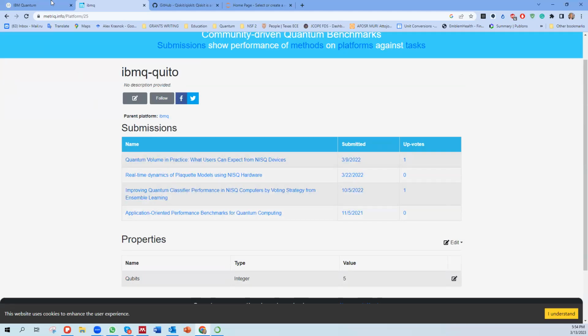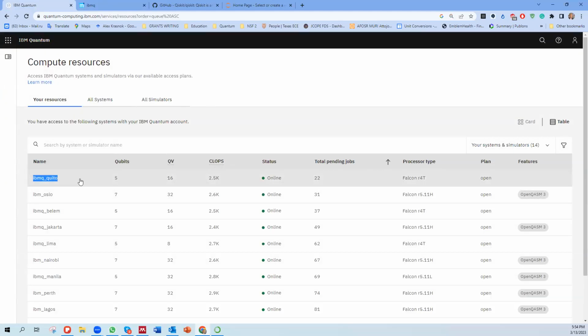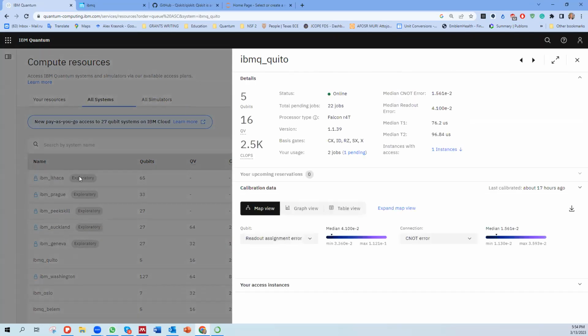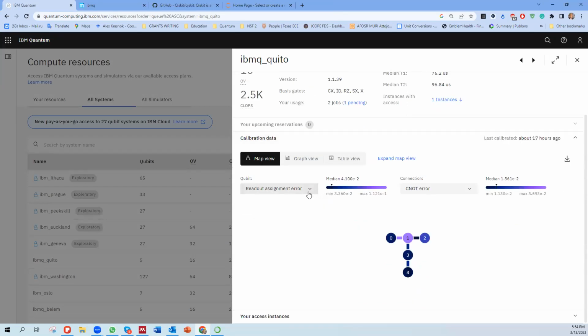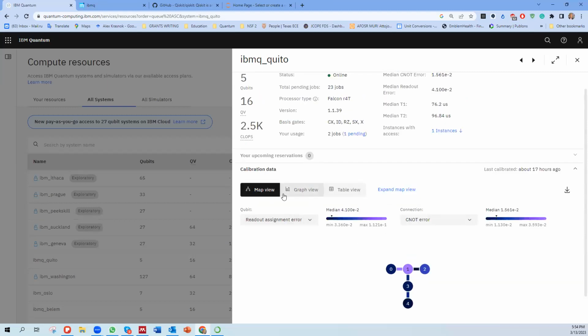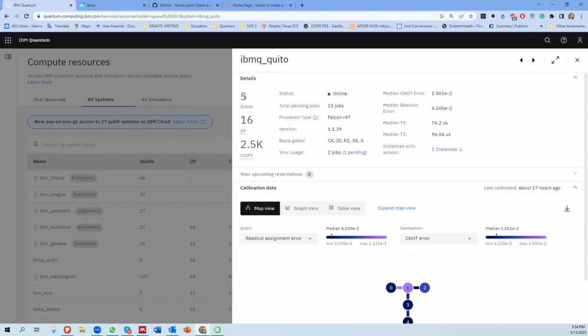I hope that I can see how this processor looks. For the characteristics of this processor, you can simply click this line and see the parameters and specifications of this processor: the architecture of the processor, basically how the CNOT gates are realized, then the number of qubits in the processor. Then this quantum volume. Quantum volume is a very important